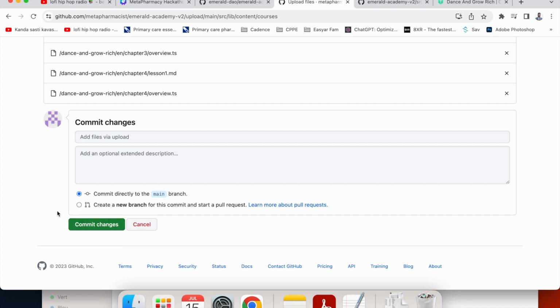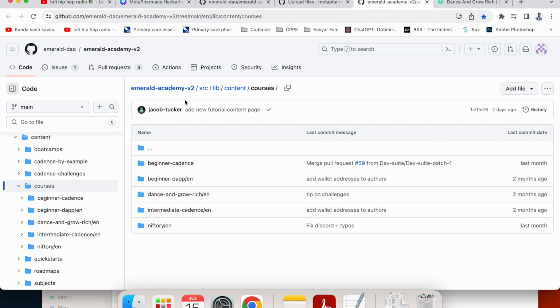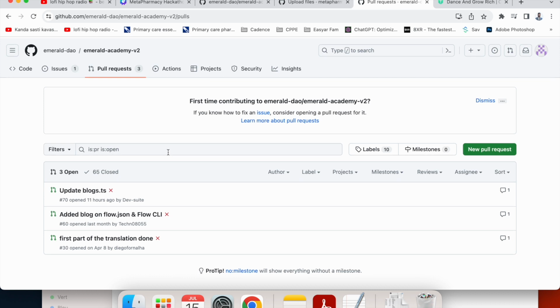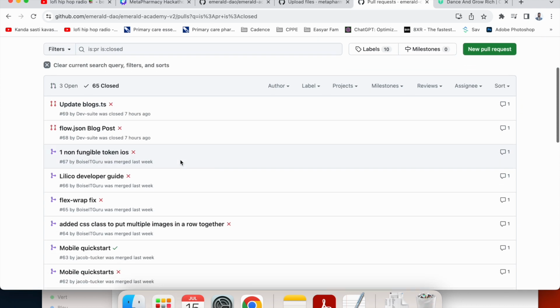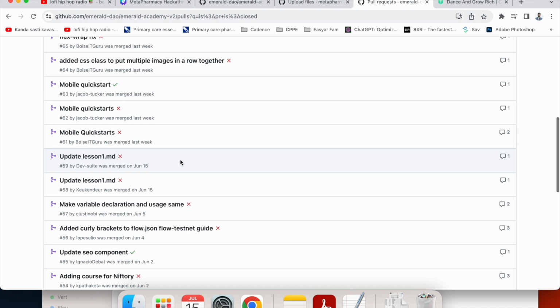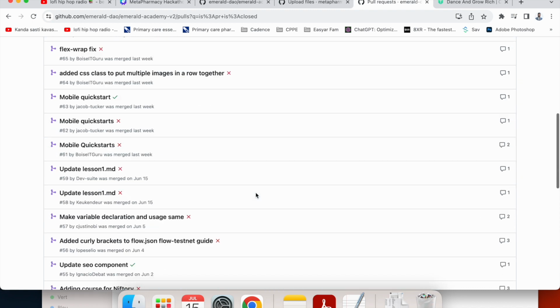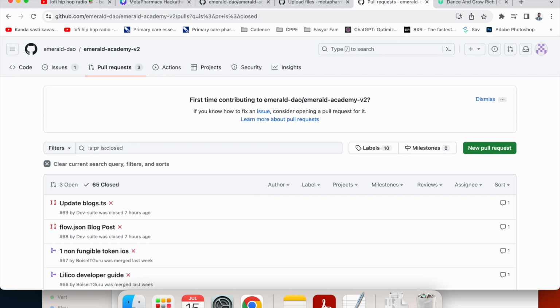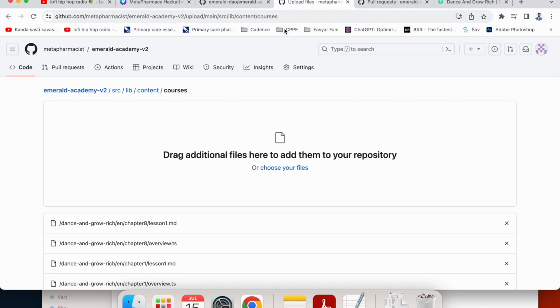and once you click commit, it's going to send a message to Emerald Academy. As you can see, pull request. It's going to come around here, and then Jacob Tucker is going to approve it. If you go here, I think you should be able to see mine somewhere, give or take. But yeah, and that's how I add a course, and then it'll be nicely done on the Emerald Academy